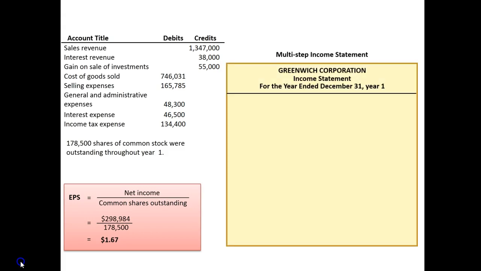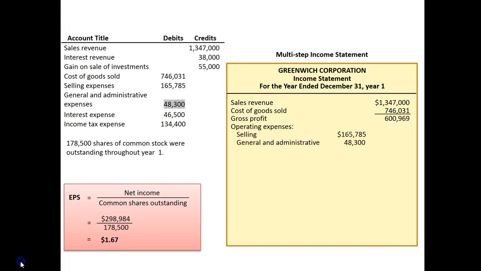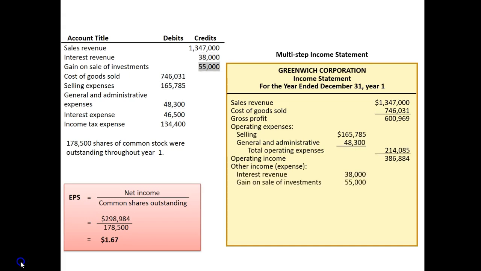If we use the multiple step income statement, we are going to have several layers in this income statement. We start with our sales minus our cost of goods sold to get us to gross profit. From there, we take our operating expenses to come up with operating income. From there, we take our other income or expenses, which would include our interest revenue, our gains, and expenses, to